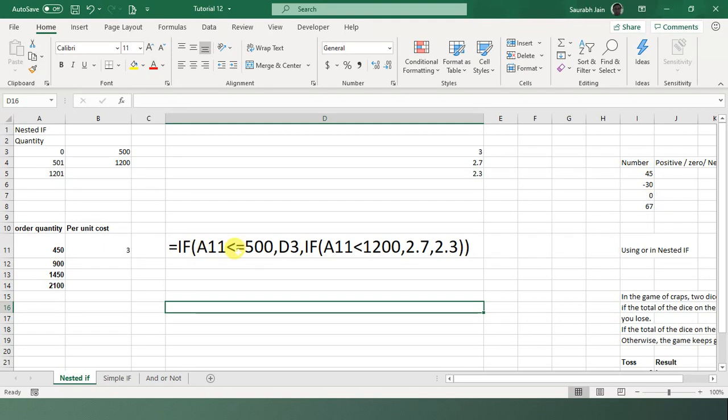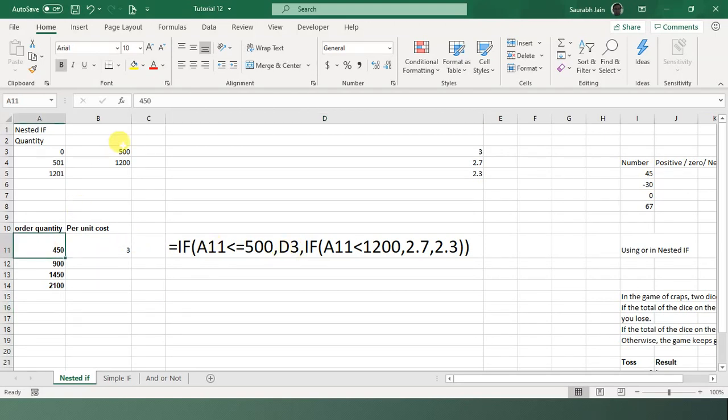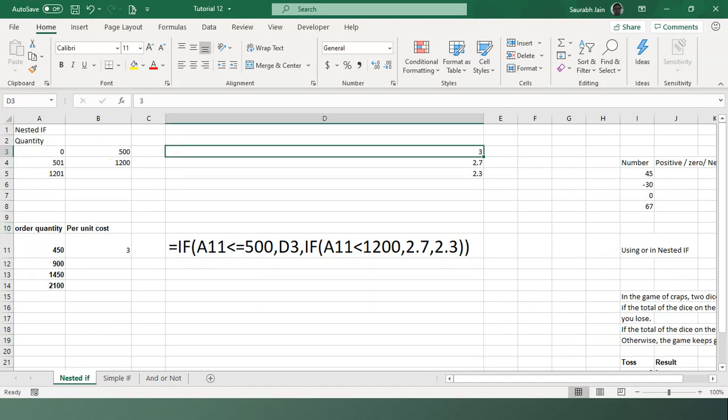So this was the condition. If it is true, I say D3, or I can even write D3, which was this value, 3.